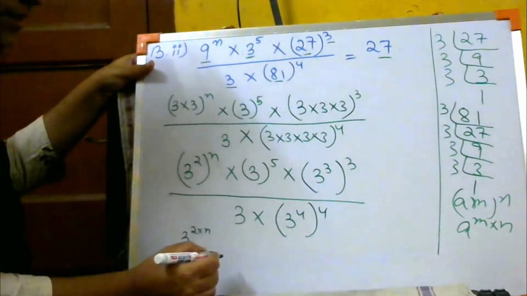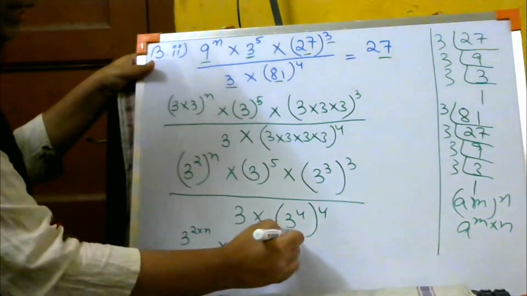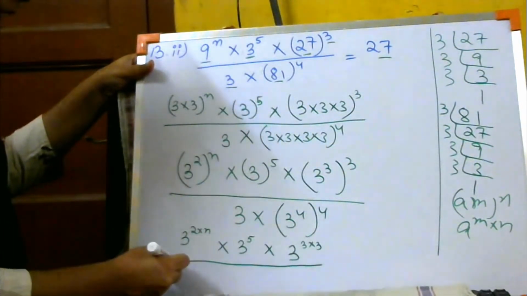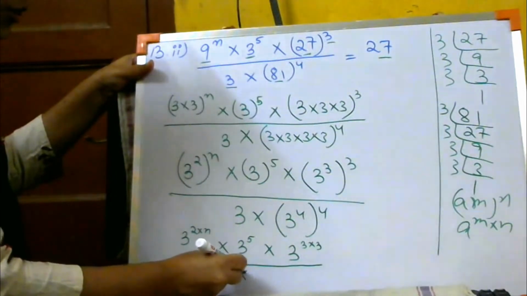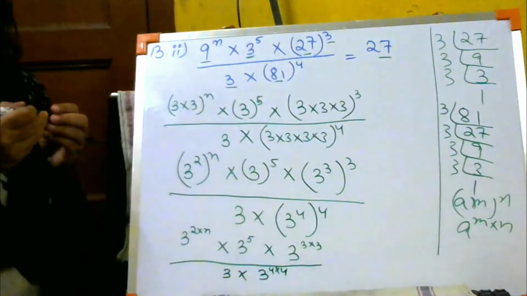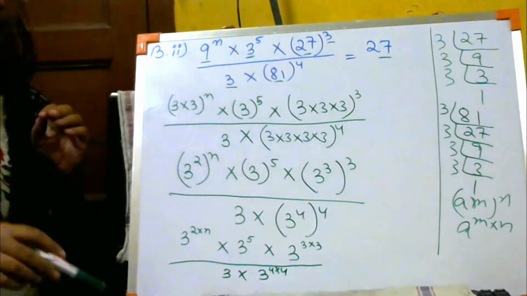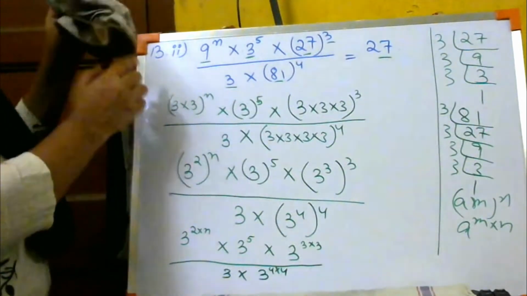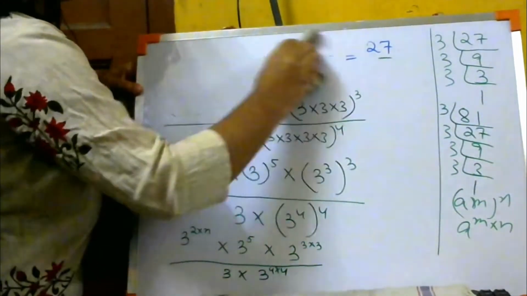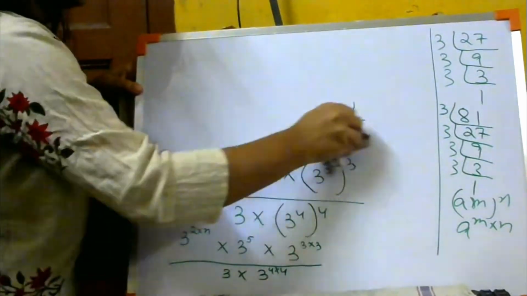I am opening the brackets. Into, यहाँ पे तो सिर्फ 5 है तो सिर्फ 5 रहने दो. 3 opening the bracket, 3 into 3 divided by, यहाँ पे नीचे सिर्फ 3 into opening the bracket 3 4 into 4. समझ में आया what I did? I just opened the brackets and I multiplied the power straight away. Clear? So now I am going to continue this sum on top again. It is the question also. You people can write down the question from the book itself. It is 13 part 2.